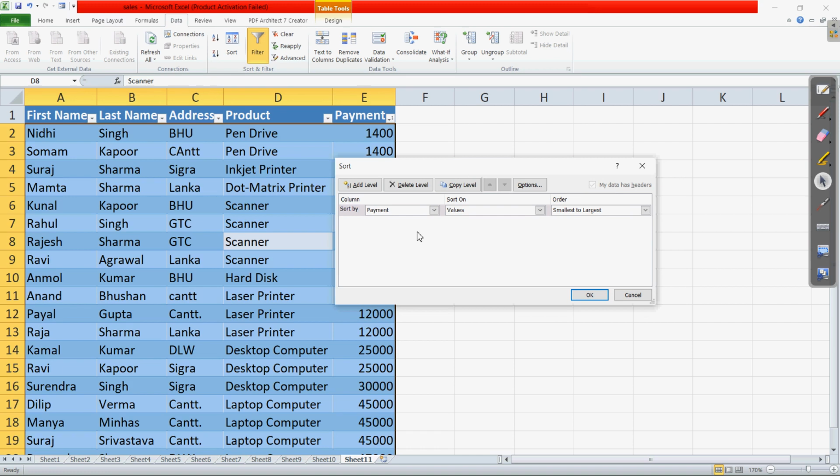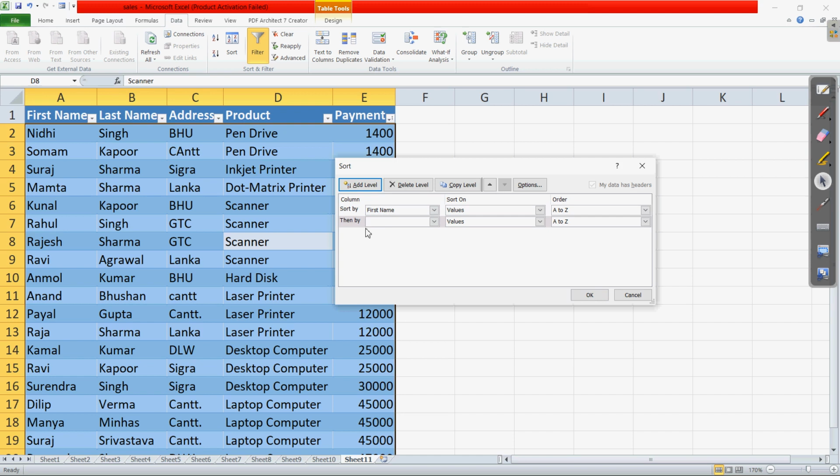Now there is one more option, that is add level. Let us see how to use that. First we have specified, suppose I am choosing sort by as a field name, first name. Clear? So the first name will be the field on the basis of which it will be arranged. Now after the first name, if you want to arrange the payment option as well, means first all the alphabets will be there, then the names will be arranged with some payment option or something like that, so we can use that. So add level, I am clicking on this.